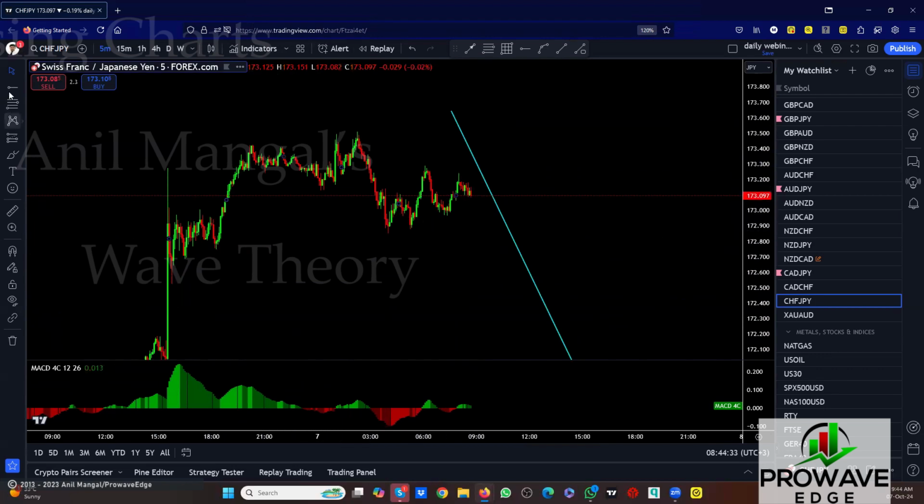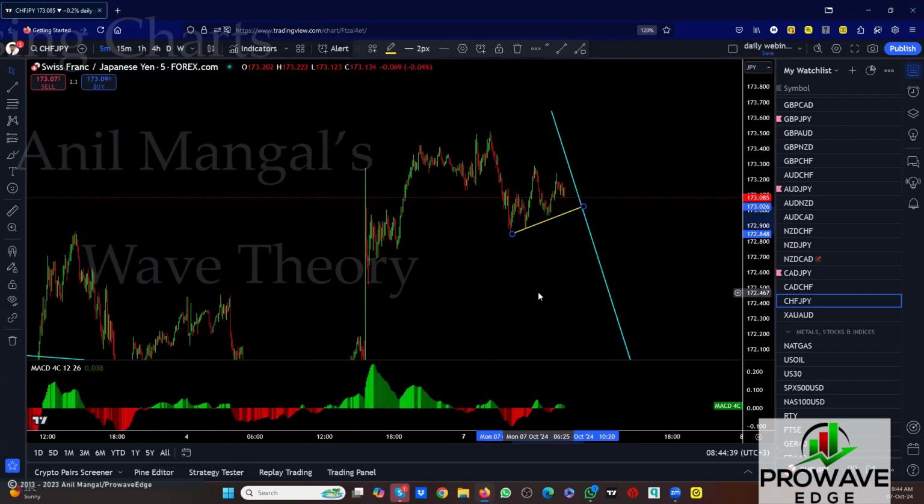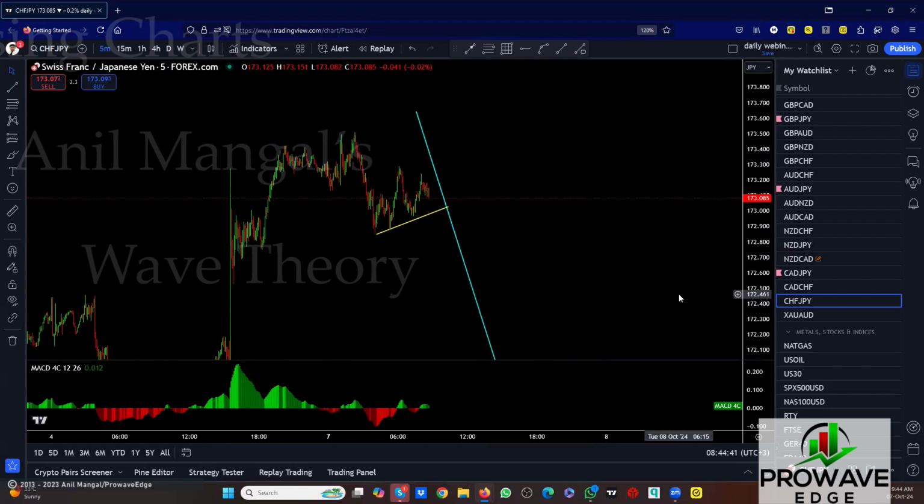Let's see what this does. It's correcting a lot, which means it definitely looks like it's going to drop one more. Not upside, but let's see. It has to come here and go back up one more. This is too sharp. They're all very sharp, so we'll wait for that. We can put it as looking for a sell setup for now and see how it plays out.